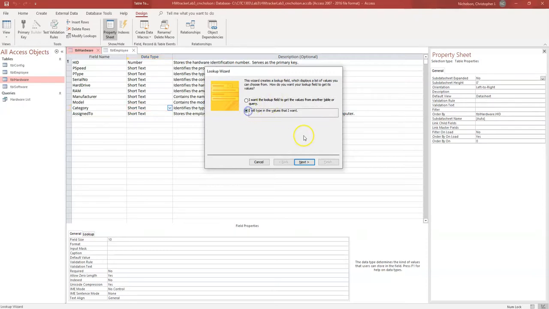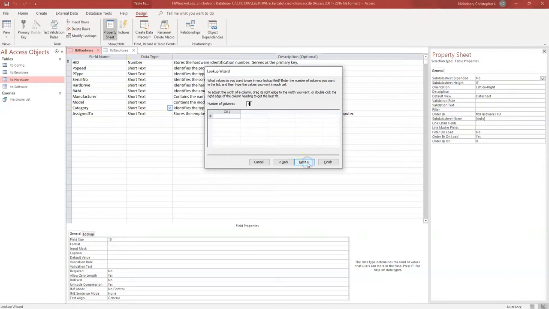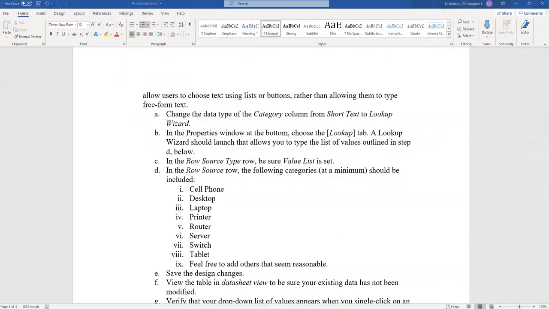So I will type in the values I want and click next. And then the number of columns, I don't know why, let's see, values, you lookup field, enter the number of columns you want in the list. And I think we just want one column. So we're just going to do one column, and then we would type in the values to this. Let's see if this is how it works. Could have sworn, I don't remember this part honestly, but